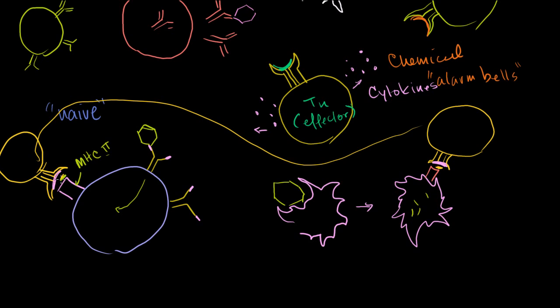In most cases, this is T-dependent activation, which is usually the case. Sometimes all you need is this first thing. But in general, you need the first thing, and then you also need a T cell to come and activate it. And only then will the B cell get activated and start proliferating, dividing, differentiating, and its effector cells will produce a lot of antibodies.